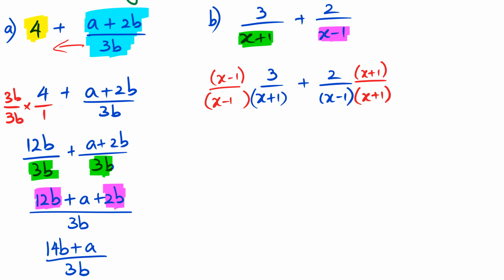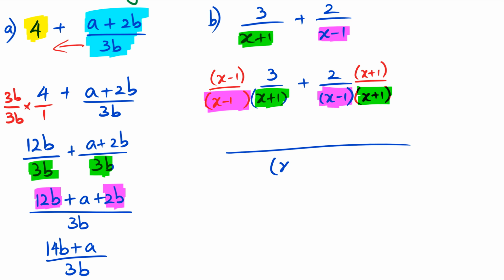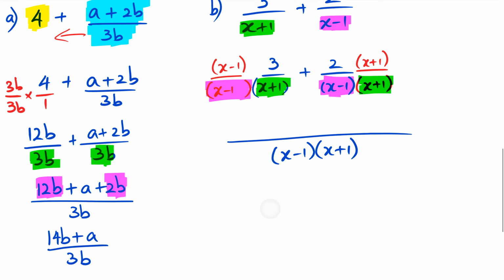So now, if you can see with the colors, both of these denominators are the same now. Yeah? And now, because both of these denominators are the same, I'm going to put it all in just one denominator. Combine it all. And in the top,